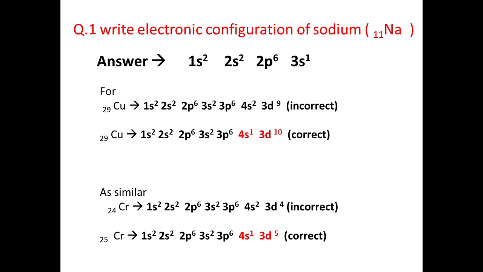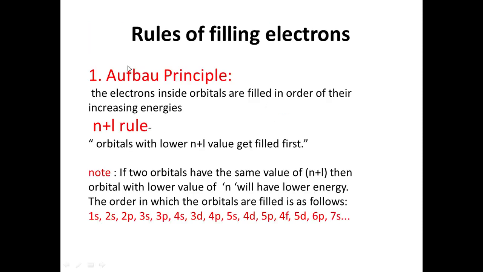So I already told you that directly or indirectly we follow 4 rules while writing this configuration, this basic scheme, and now we discuss them one by one. What kind of rules do we follow? First is the Aufbau rule. The Aufbau rule says that the orbital with the least energy gets filled first. So the orbital, shell or subshell having the least energy gets filled first. That is all about the Aufbau principle.